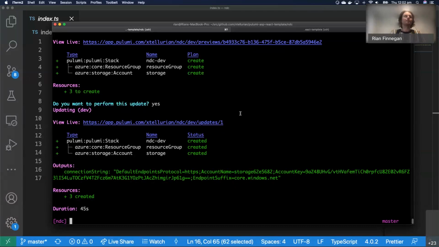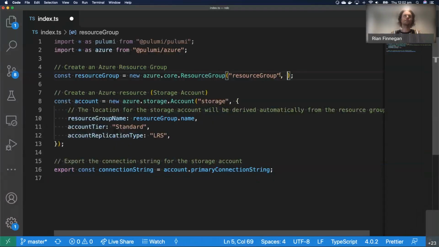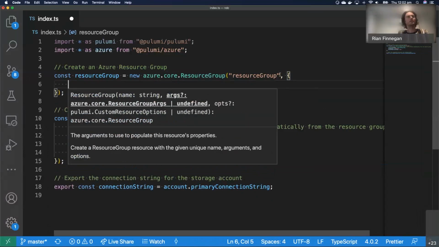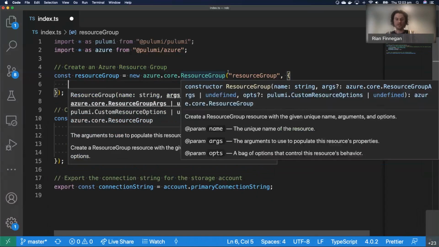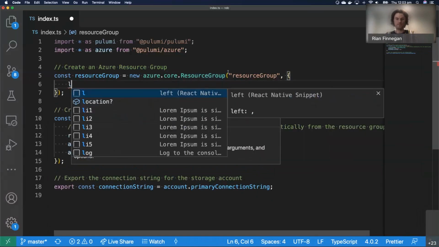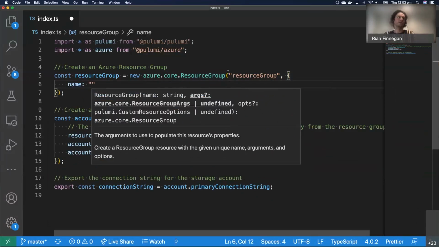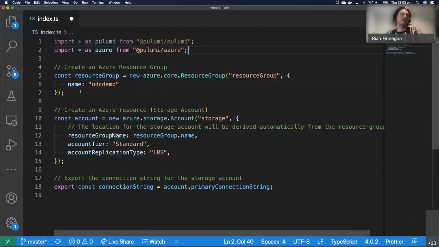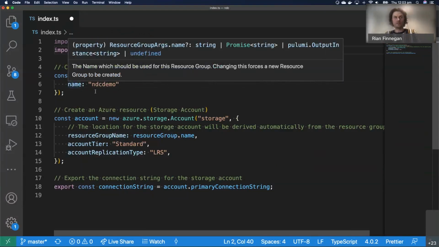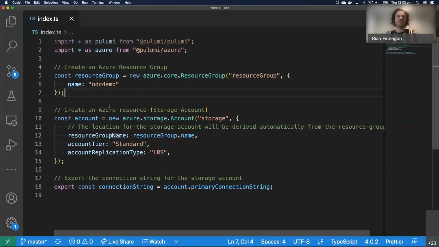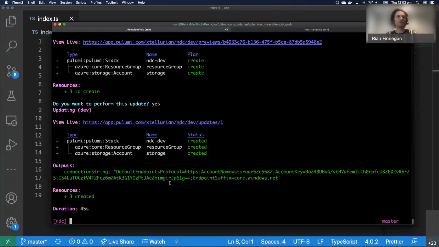Okay, but what I'm going to show you now is how, when you make a change, the way Pulumi plans and knows how to make changes. So you can pass options into your resource group and enforce it to do different behavior. One of the options you can pass is, for example, the name. I'm just going to call this NDC demo for my resource group. Now this is the name of the resource group that I've forced to be this property. And now if I run Pulumi up again,